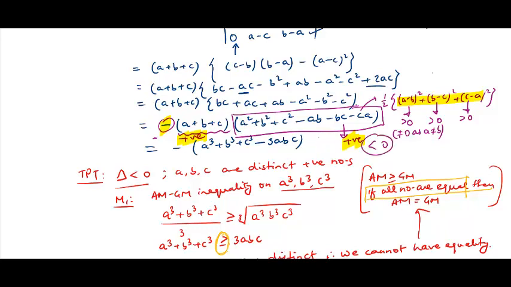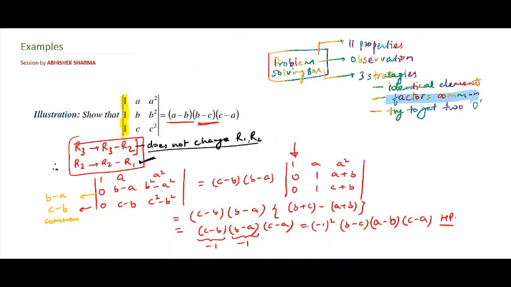So this is the second method you can use, and this is simply based on the factorization that we studied in class 10th. It is simply based on square completion. And the first method that we looked at initially was based on the AM-GM inequality, right? So these are two simple examples to illustrate how we use the properties and the strategies. And this is very important. Main idea is observation. In the first question we observed that the columns contain identical elements. Whenever you have identical elements, you should always look for this particular set of transformations. This will help you in creating two zeros, which is again part of the strategy here, right?